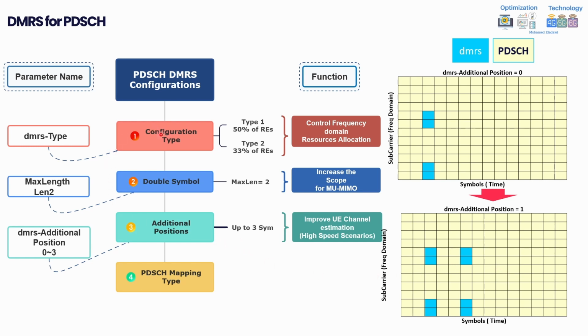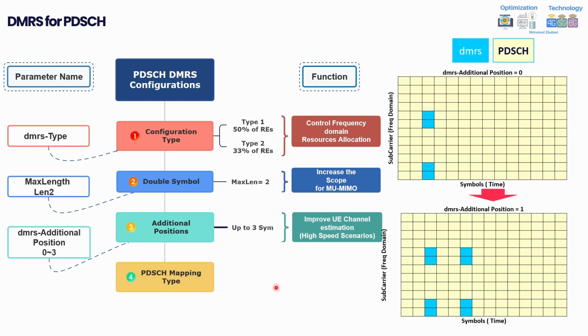So the first three, as mentioned here, as you can see, we are mainly speaking about more resources in the subcarriers, but also some of them were adding some slots. So it's also having some impact on the time domain as well. And now the last part is about the PDSCH mapping type, and this actually relies more on the PDSCH. I will be covering this part in great detail whenever we speak about the PDSCH, the physical downlink shared channel.